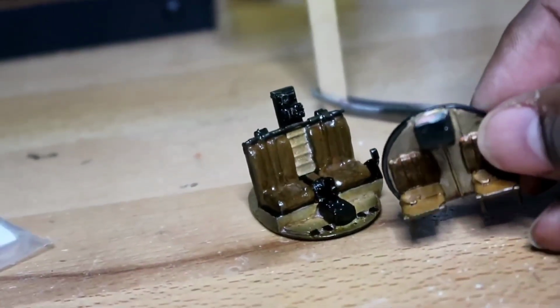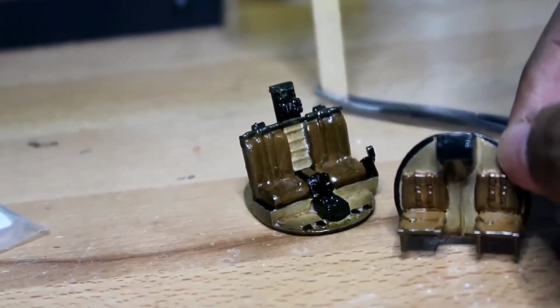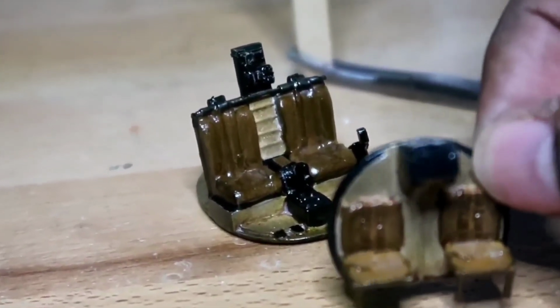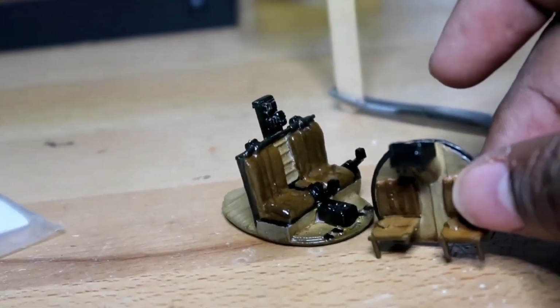Okay. So here are the back seats. One of the legs broke off, but you won't be able to see it anyway, so I just left it alone. Okay, so you're lazy. Yeah, whatever. You had all this time. And all you got is...